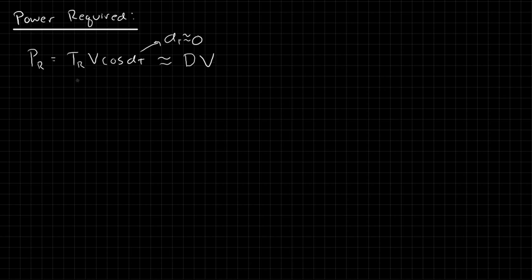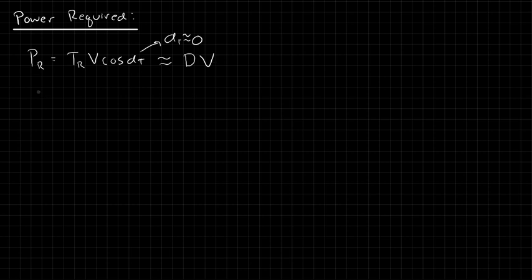Of course, we're in steady level flight, and if the thrust angle is 0, then the drag and the thrust have to be aligned to maintain steady flight. Okay? All right, so here's what we have. And what we want to do then is find an expression for the power required as a function of some known design and aerodynamic parameters.